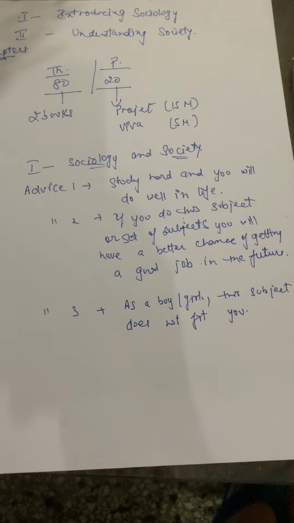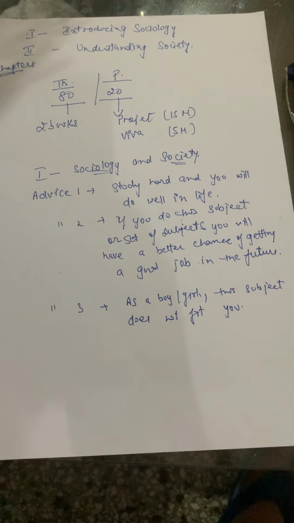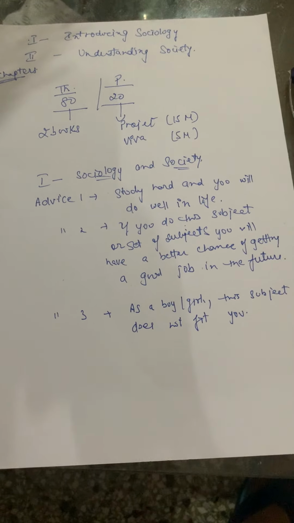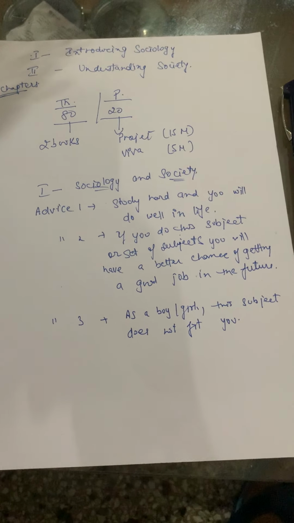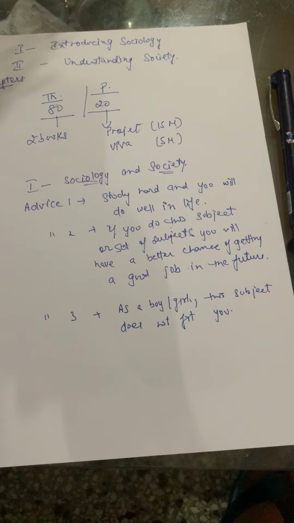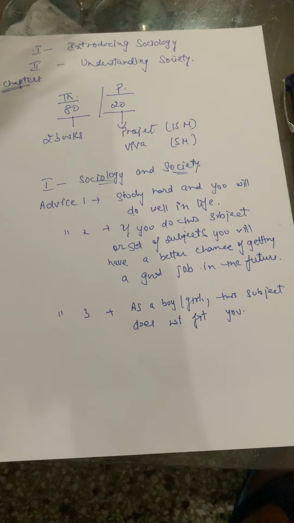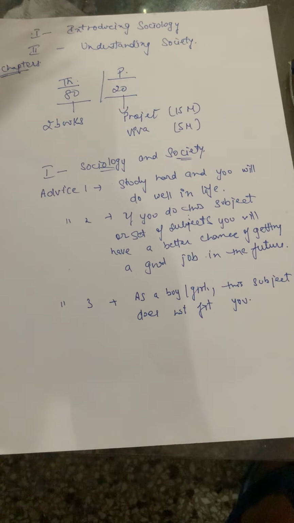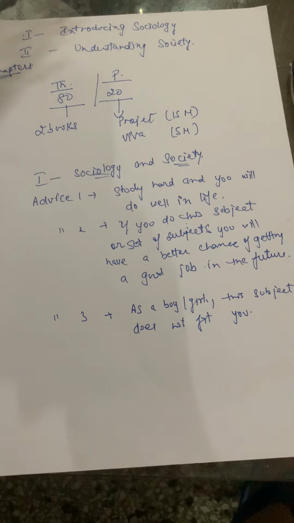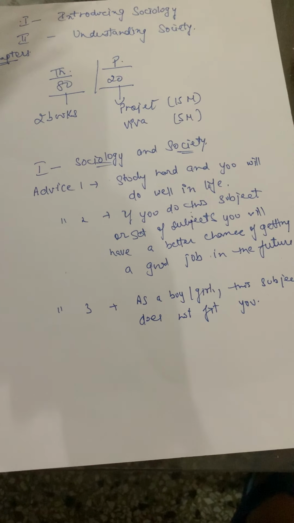So these are the advices that people can give you. Okay, as a boy, you should do these kinds of subjects and you get a good job in your life. Or for example, if you are a girl, you do these sets of subjects and therefore there are better prospects of getting a good and better life. So in society, these advices are nothing but part of people's perceptions, their thought process, what they have been observing in a society. So this is all what covers the societal aspects.